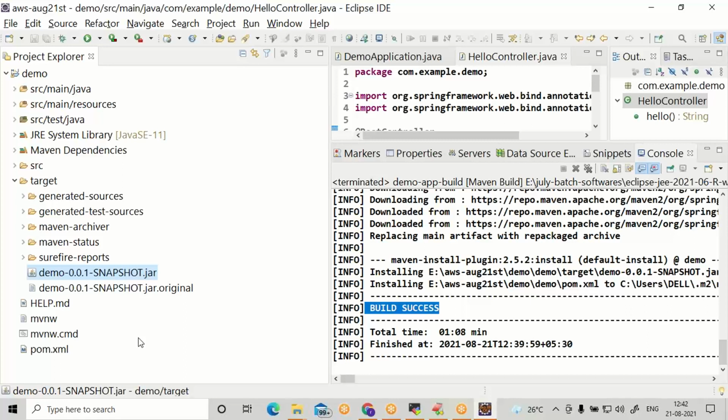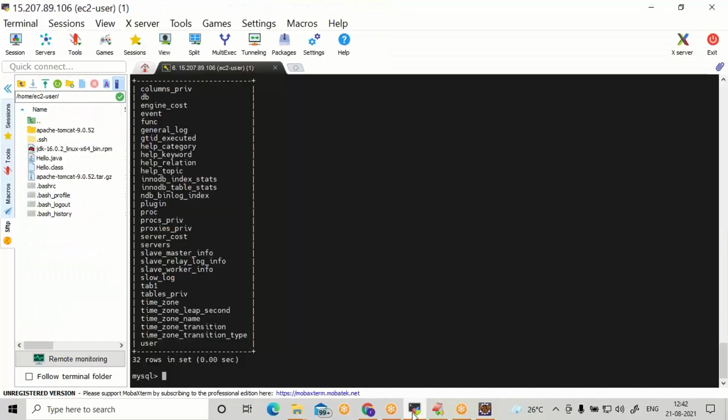Final packaging is ready. The entire application is available in the selected jar file. This jar file should be uploaded into AWS for running purpose. Now, open MobaXterm, click on upload,